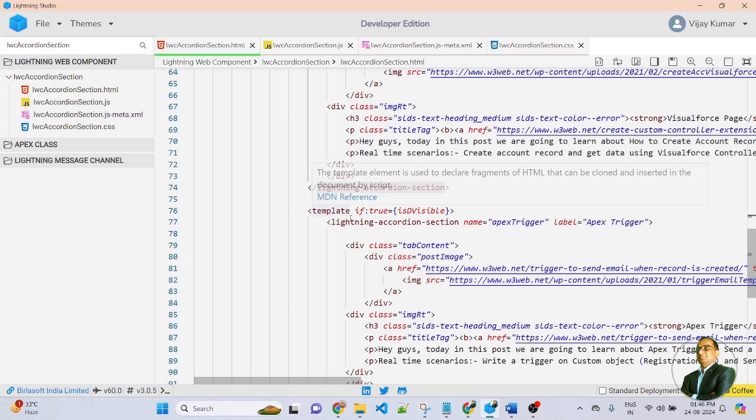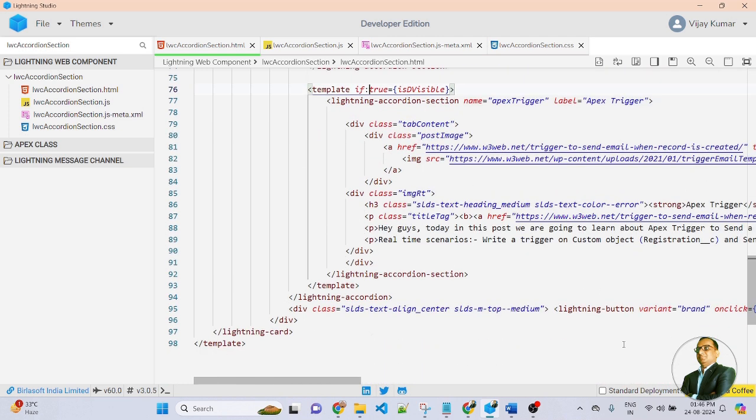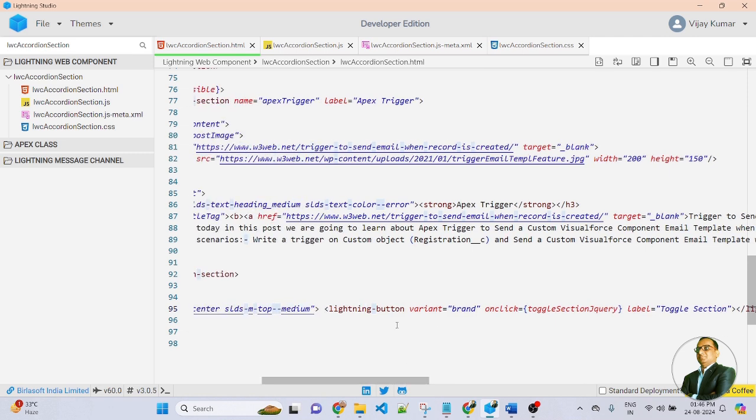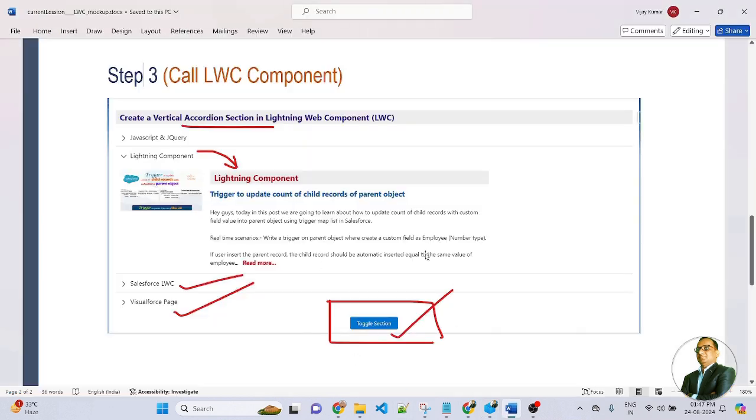And in the last tag element, I am using an if condition. So by default, I am hiding it until you click on this button. So friends, at the bottom of the recording section, I created a div. Inside the div, I created a button, and this is an onclick event function. Here I am passing a function name, toggleSection, and this is a label. The label I am passing is toggle section. So at the bottom of the recording section, I am creating a toggle button. Once you click on the button, it will display the section.